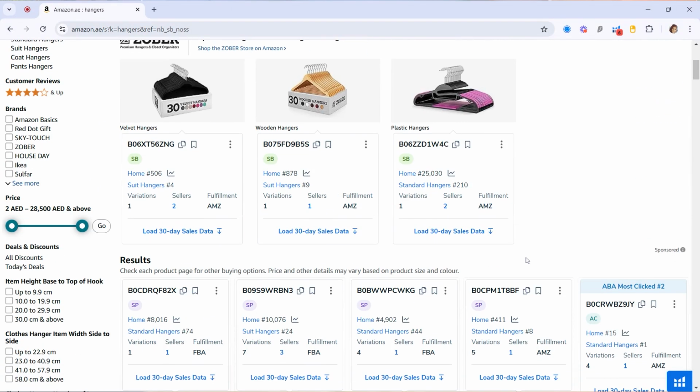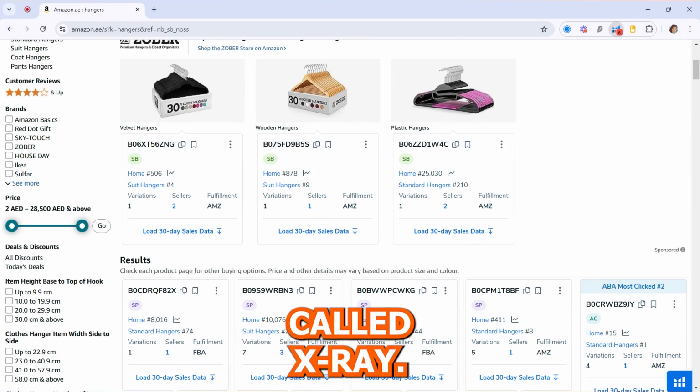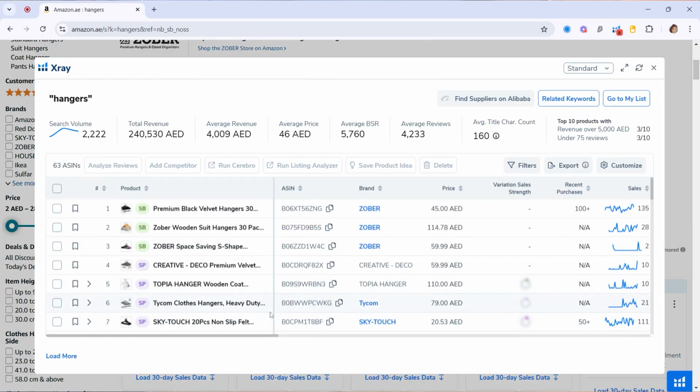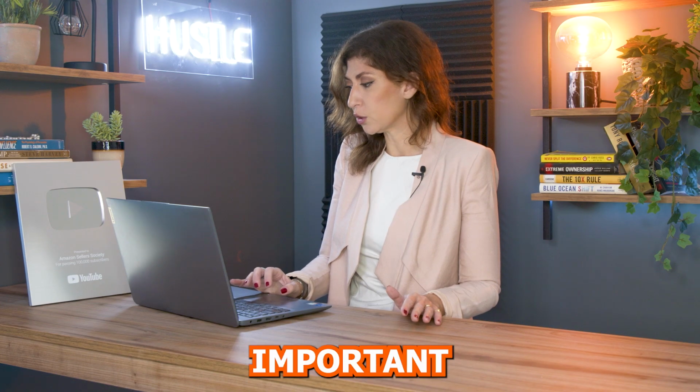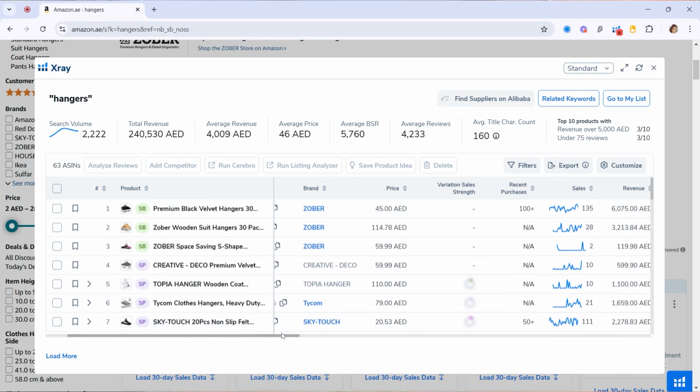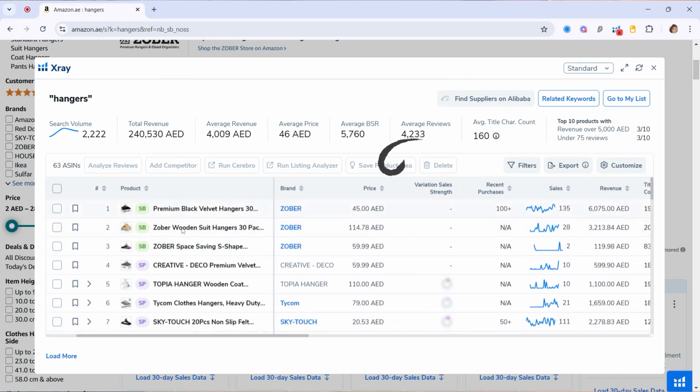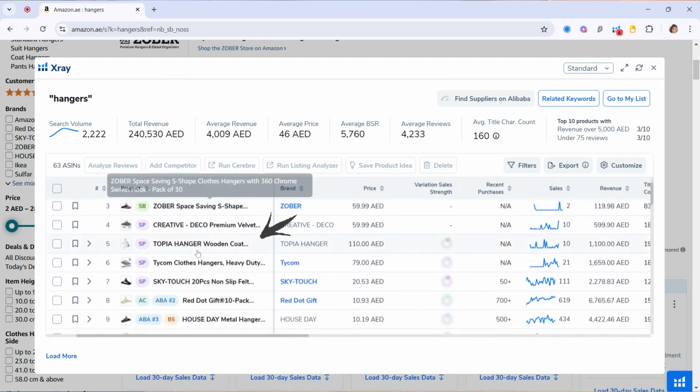What I want now is to open the Helium 10 drop-down extension and utilize a tool called X-Ray. As you can see, X-Ray again showed me what the search volume is, which we saw, but it also gives me some averages, such as what is the average selling price of the product, which is kind of important to highlight as well. Here, I'm able to see who are the people that are advertising, but also look at things